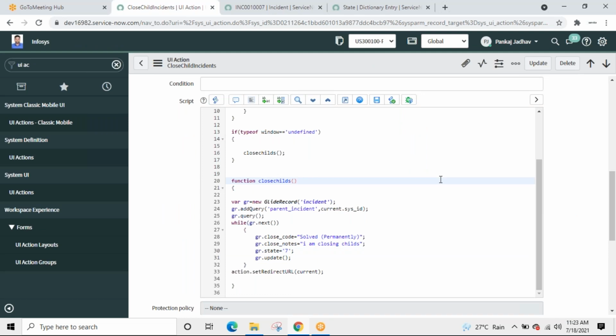They will ask you what customizations you have done in incident. You can say I created fields, I configured choices, I added new choices to the incident table. In hardware, software, I added middleware, right? You can say I created a UI action to auto close the child incidents. I placed a button on the banner. Or you can say I created a UI action to set the priority to critical. You can say so many things, right?